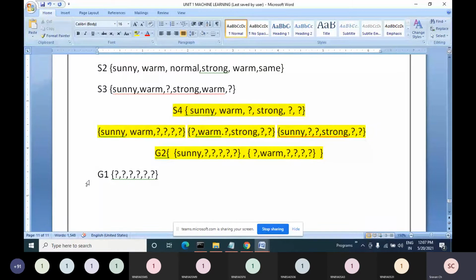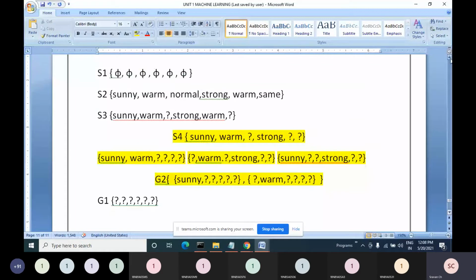Negative example means what will be updated? G1 should be updated, which contains all question marks. So when I update G1, I'll get G2. Right? G1, G2, everything is most generic hypothesis only. Just to tell you that in the next step, this is the value. I am writing G1, G2 like that. So when I update most generic hypothesis, what should I do is, please observe, when we are looking at third record,